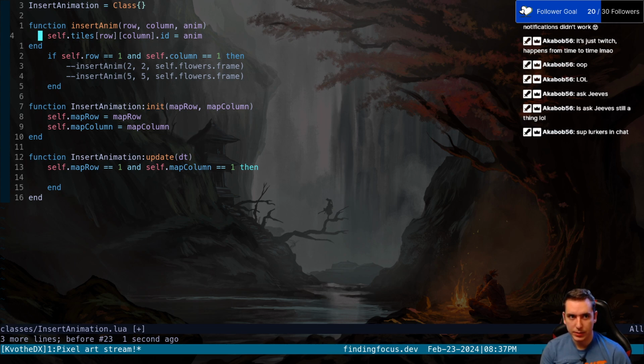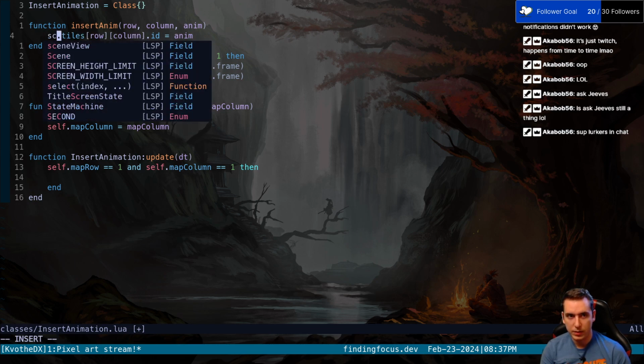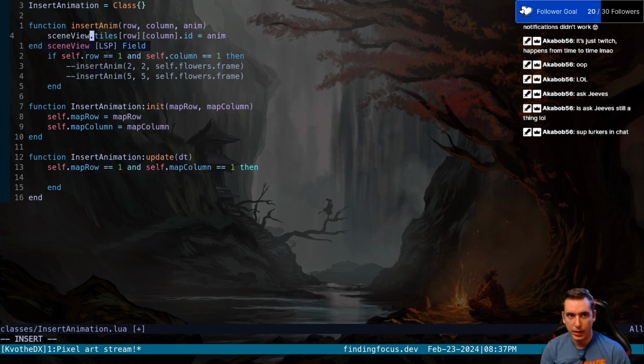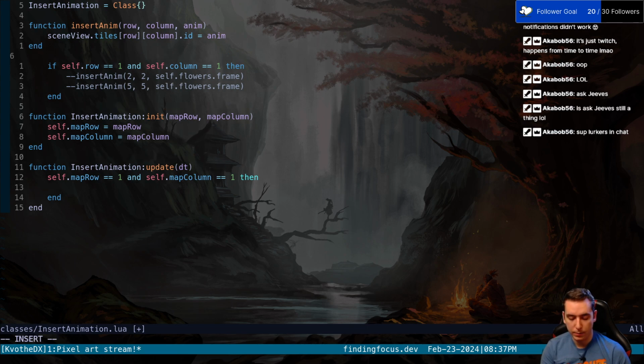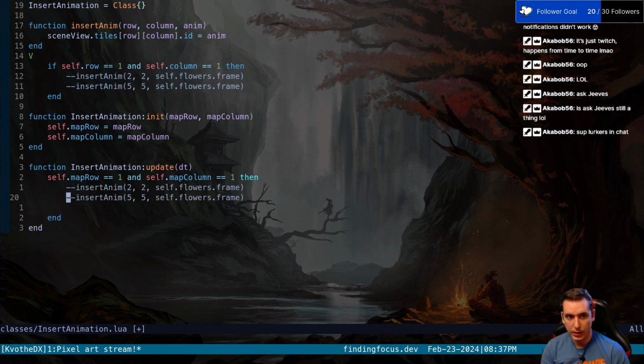Now, it's not self.tiles. What it really is our scene view. It is our scene view dot tiles at our row column dot ID gets the animation quad. Now, this is what we need to do every frame. Now we need to say if it's row 1 1,